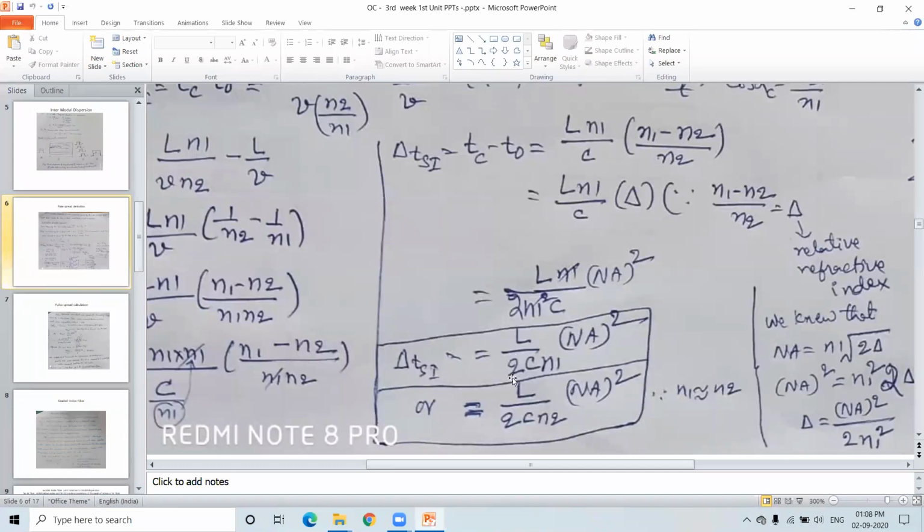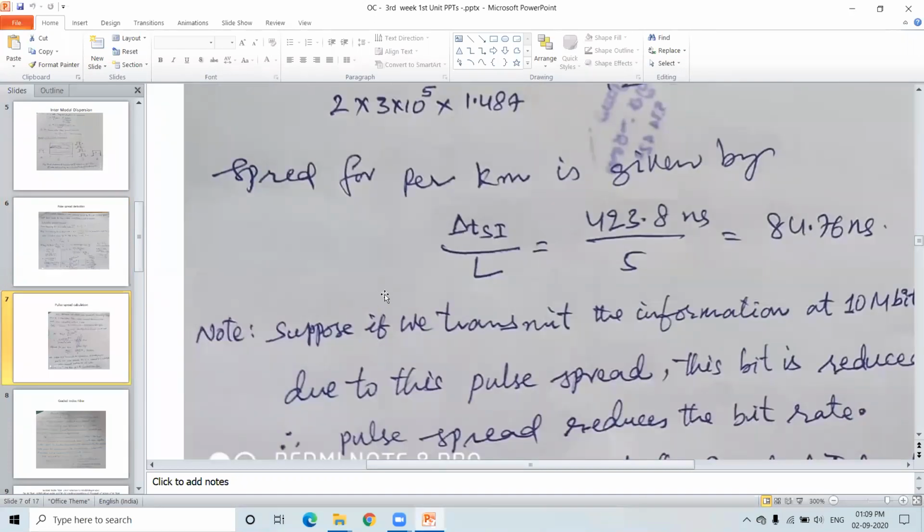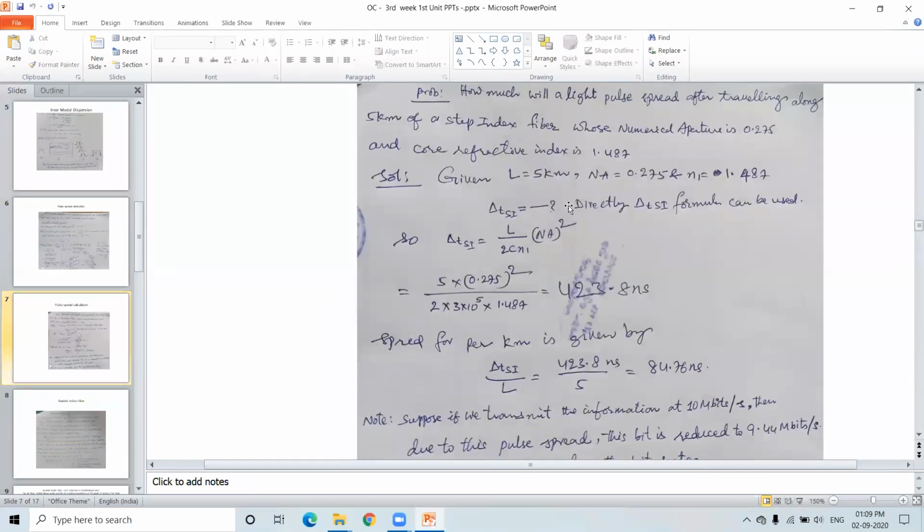So it is L by 2 C N1 NA square, or it can also be L by 2 C N2, because N1 and N2 are nearly equal. Therefore, you can replace N1 with N2. It makes no difference. So this is the pulse spread we are going to obtain from the step index multimode optical fiber. Just depending on this formula, we calculate the pulse spread, how much a pulse spreads. Just take down all these parameters and substitute in the equation. We obtained